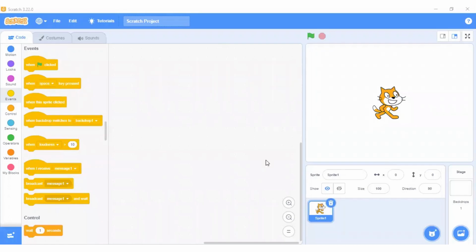Hello everyone. Welcome to the video series on Scratch. In this video, we will create a few fun projects. So, our first project is Color Clicker. In this project, we will